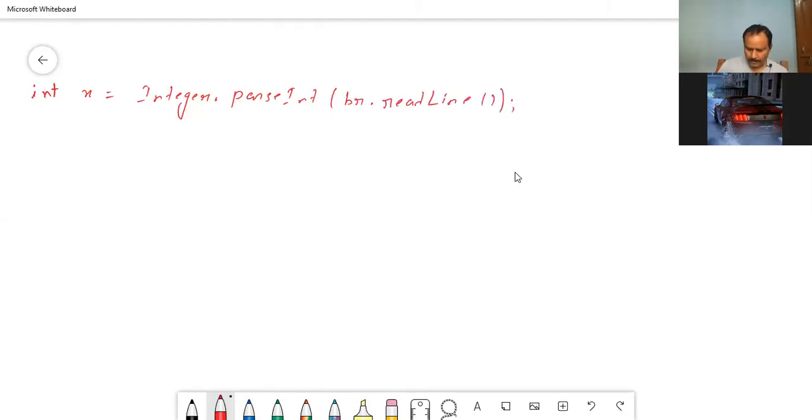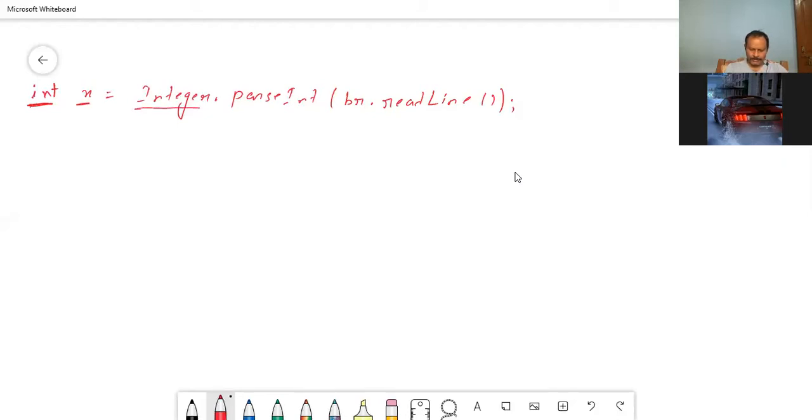Now, what does this actually mean? Why do we need to write all of them? This is simple. This is the data type we want to store, meaning we are going to accept an integer type value. This is the name of the variable. There is no problem in it.